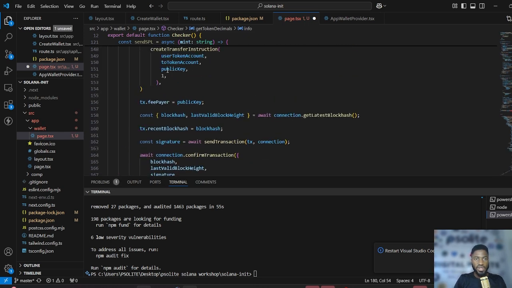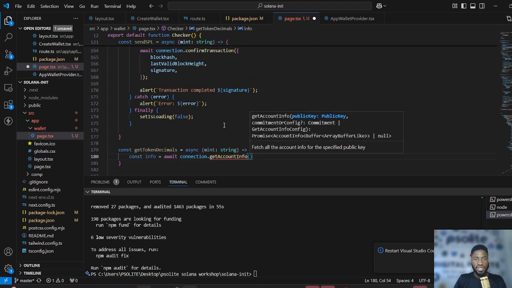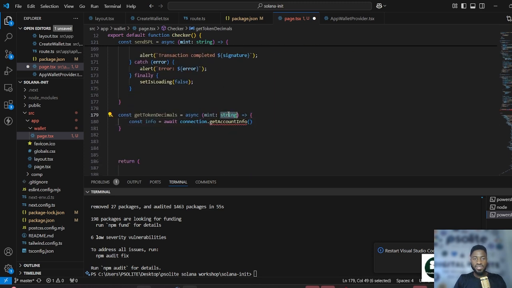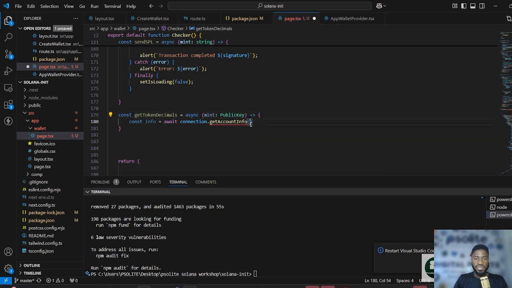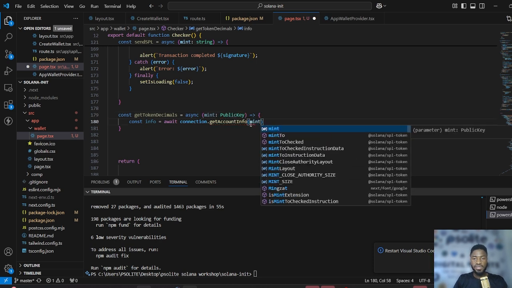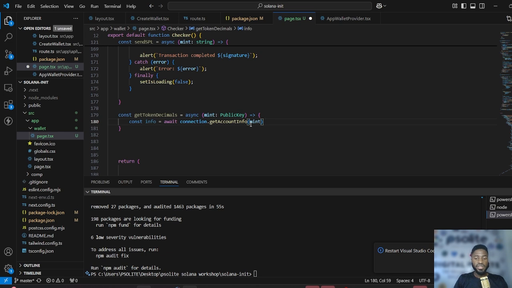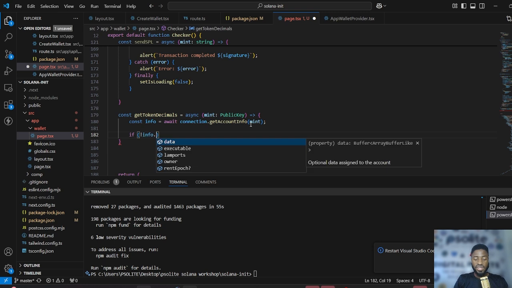Probably we need a public key. Yeah, this should be a public key. Then we pass it here, mint. Then I think this will return us some values. If the info exists at all, then dot value exists, then